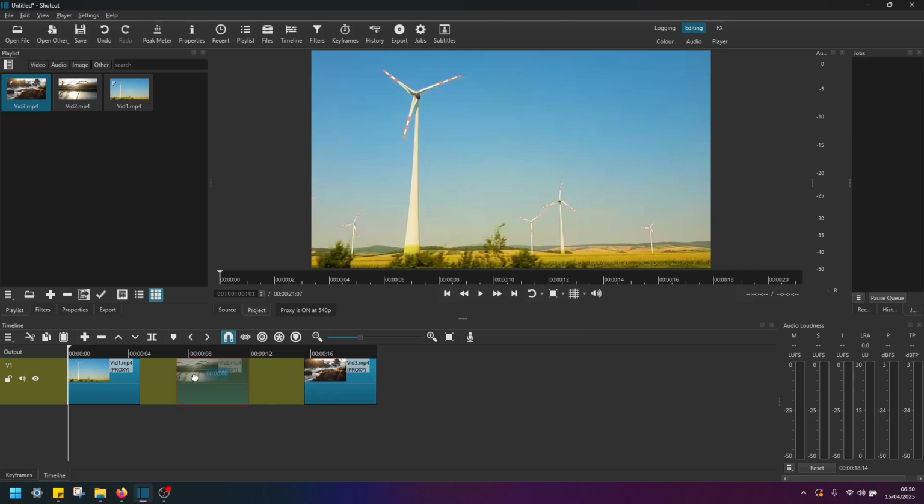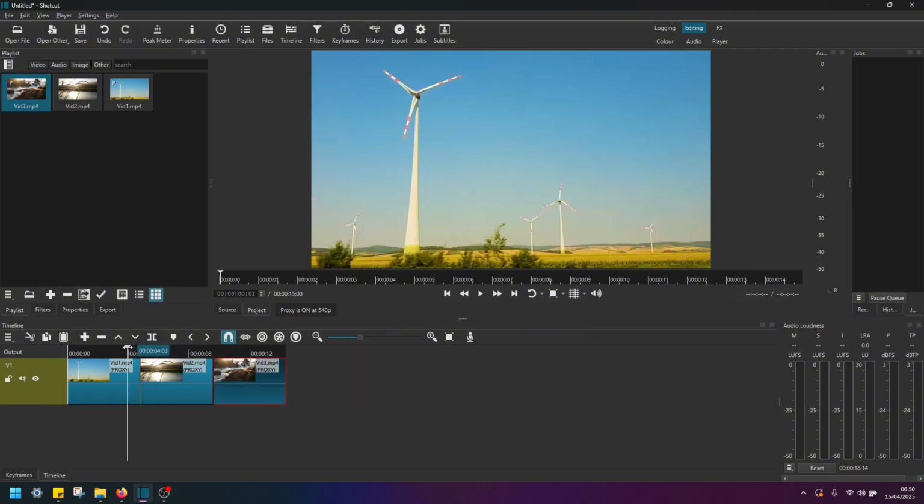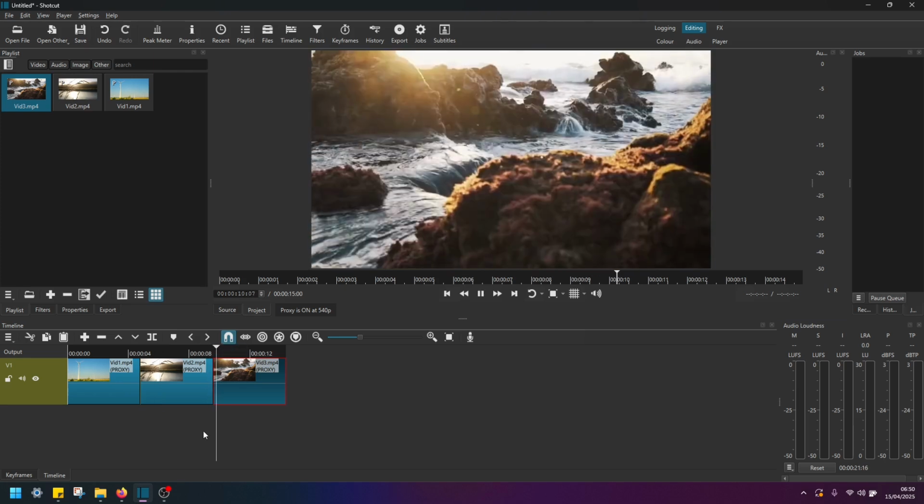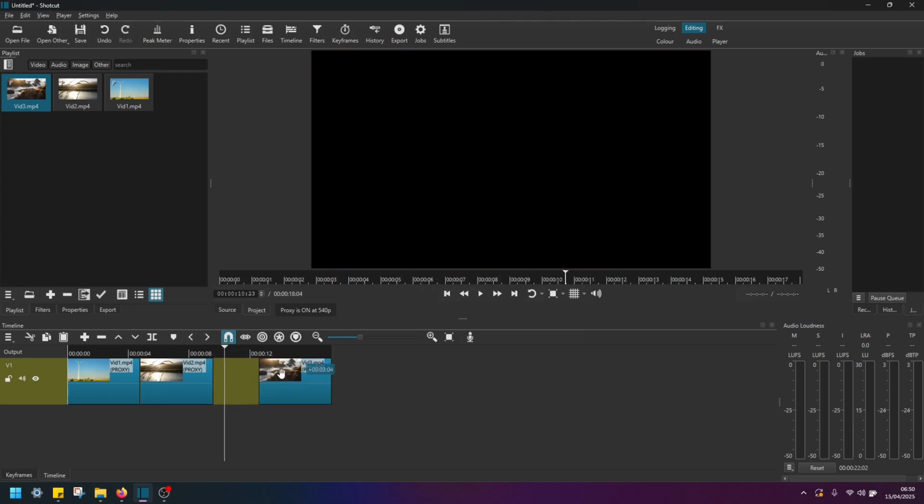And now if I move these clips one right after the other, as you know, if I play them, it's just going to be a hard cut like this. Right? But if we want to have a nice smooth transition between the two, what you have to do is